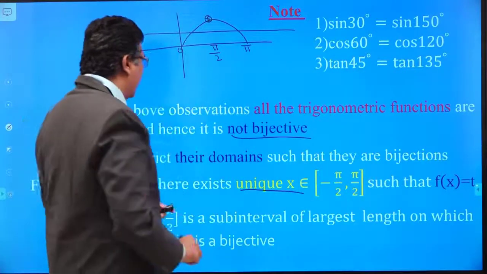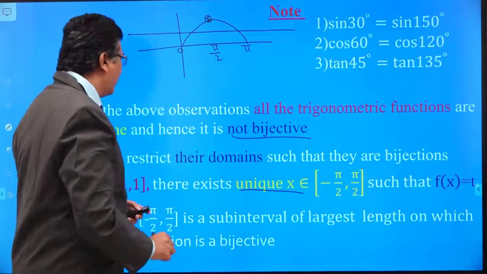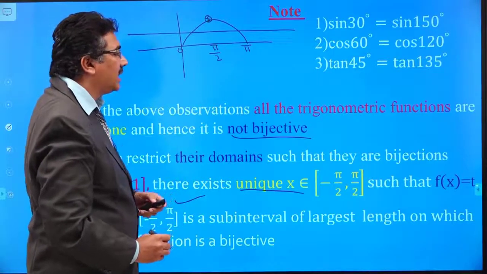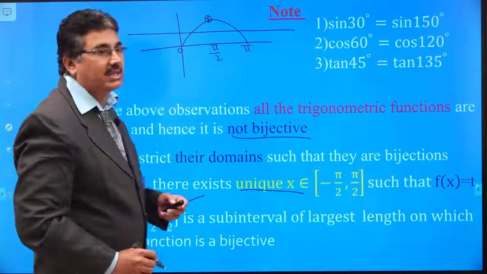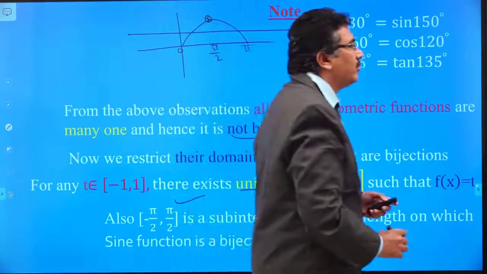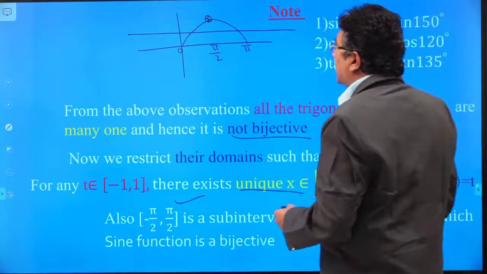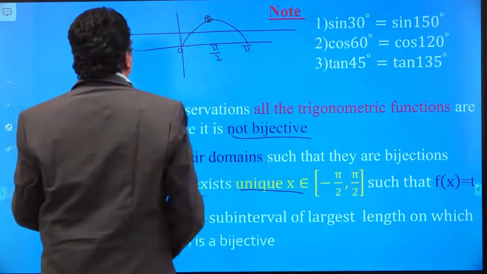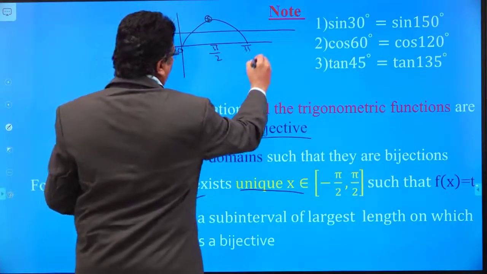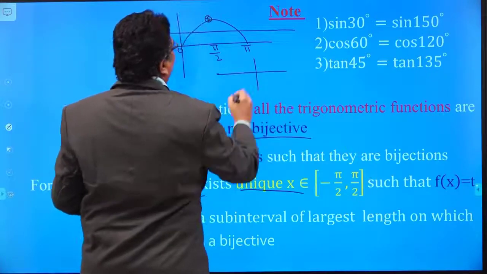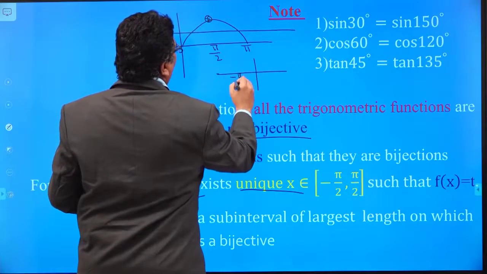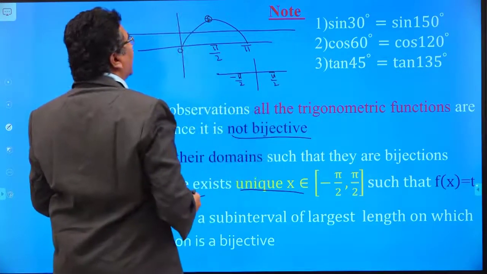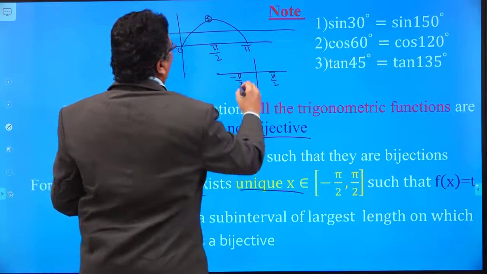Also, the closed interval -pi by 2 comma pi by 2 is a subinterval of largest length on which the sine function is bijective. This can also be seen from the graph. See the graph of sin x. This is -pi by 2 and pi by 2, right. Sin of -pi by 2 is equal to -1